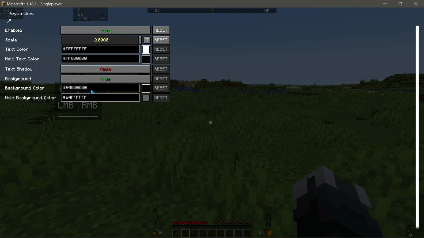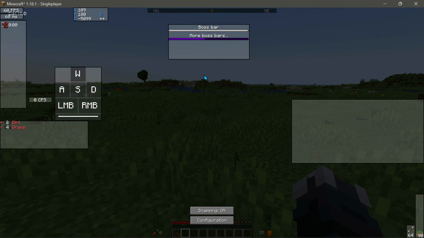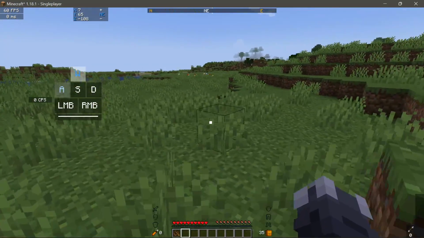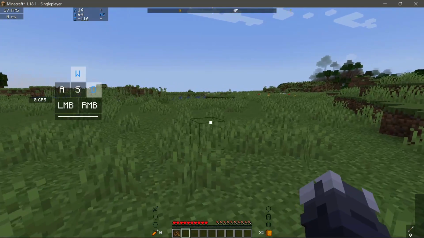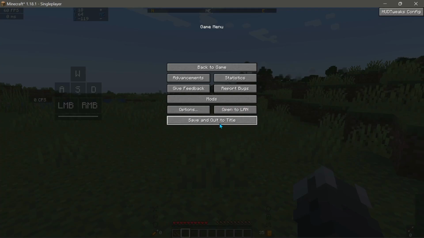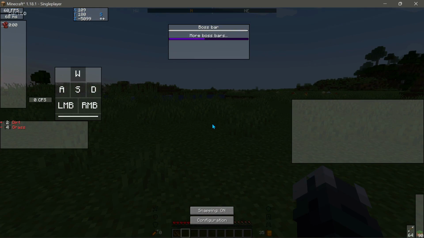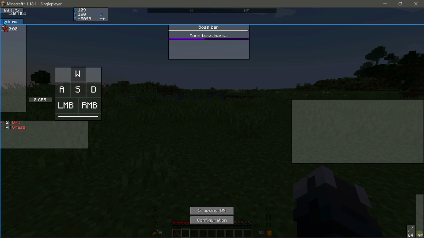I can actually go ahead and right click into this and change some more options over here. So I can actually change the held text color, as you guys can see. Let's go ahead and change the text color to something else, and this should actually make it blue. And now when I go back into my game, when I actually hold a key, you guys can see that it has actually changed the color of the keys I am pressing as well. And if you just press the right shift key on your keyboard, you can obviously move these around.